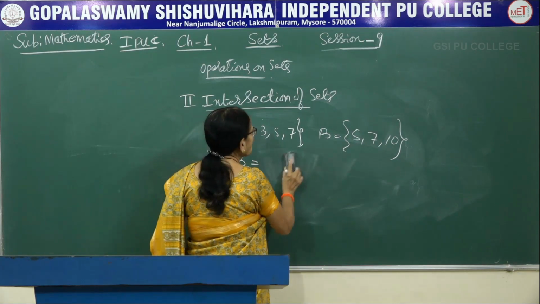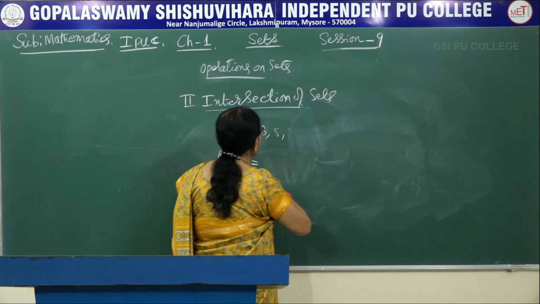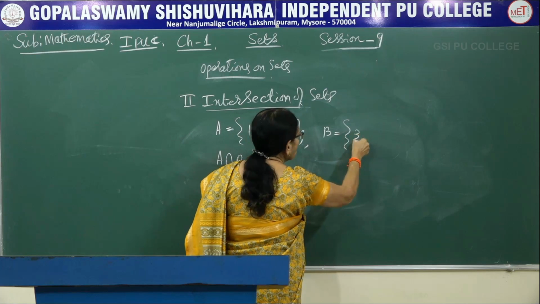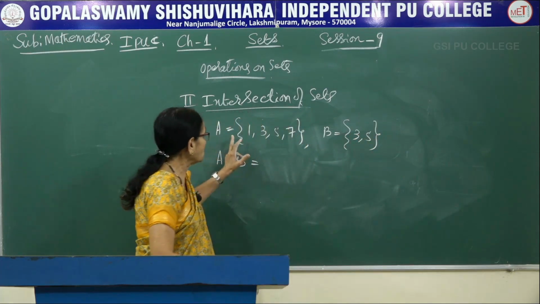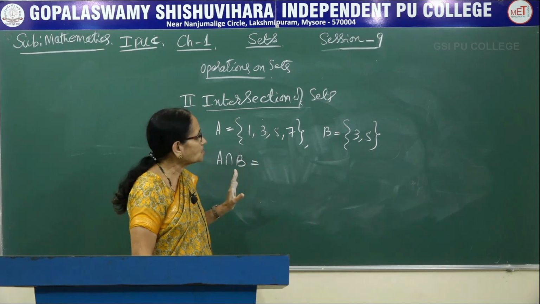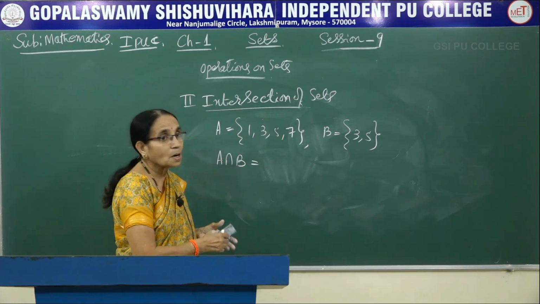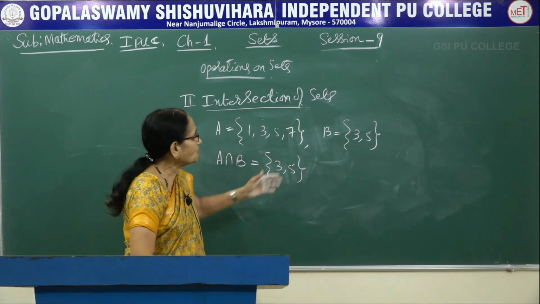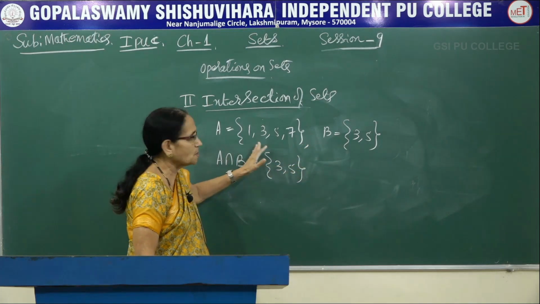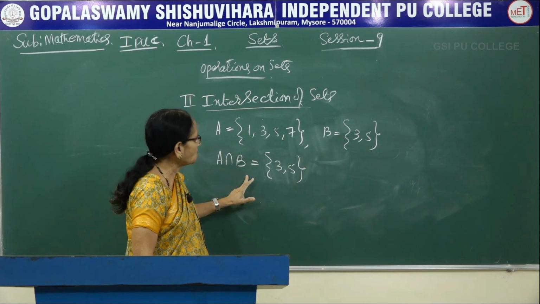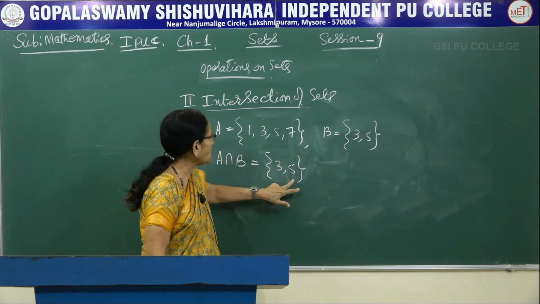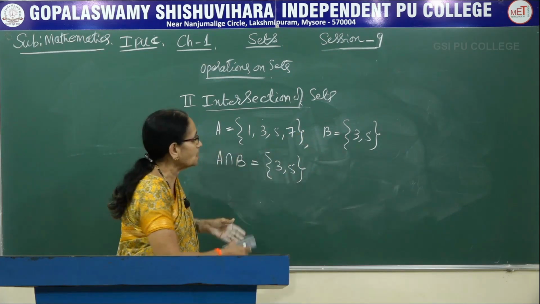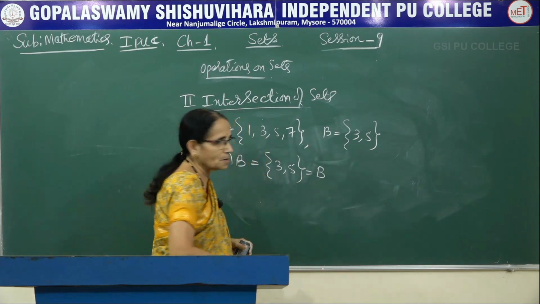Now suppose we are having a set like this. Take the same example by making some change here. B is 3, 5. Look here, A is containing 1, 3, 5, 7. B is containing 3 and 5. What can be the common elements here? Common elements are 3 and 5, isn't it? 3 and 5, they are present in B. They are also present in A. Now, A intersection B is containing the two elements 3 and 5. But look here, that set B is also a subset of A. So I can write it as B also, isn't it?